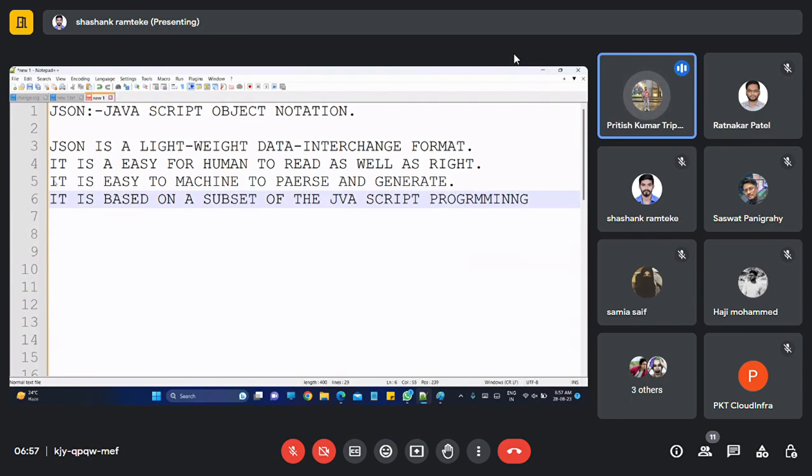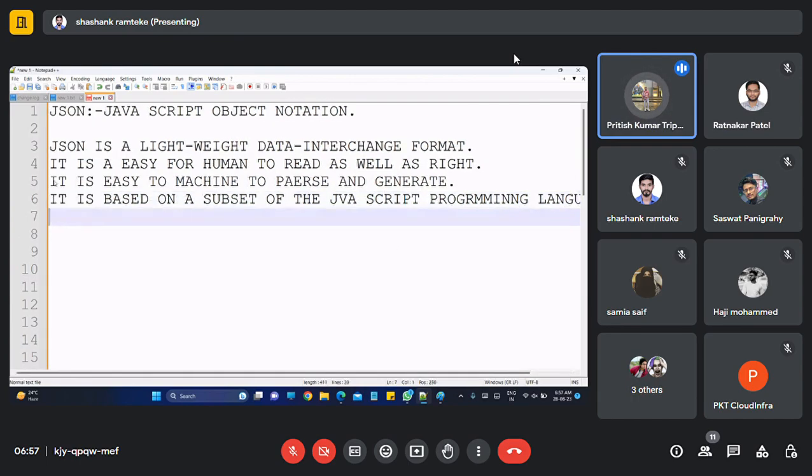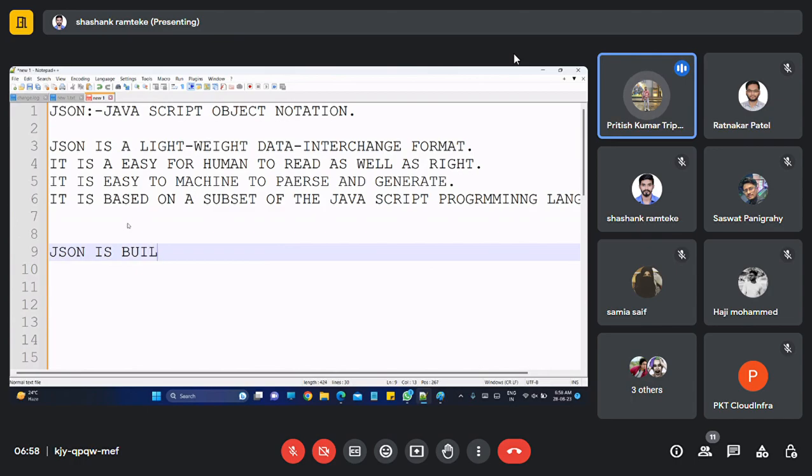If you know JavaScript, you will understand it much better. This JSON file is easy for machines to parse, meaning to transfer the communication, or to generate the JSON format. We are not facing any big issue. This JSON is built on two structures.